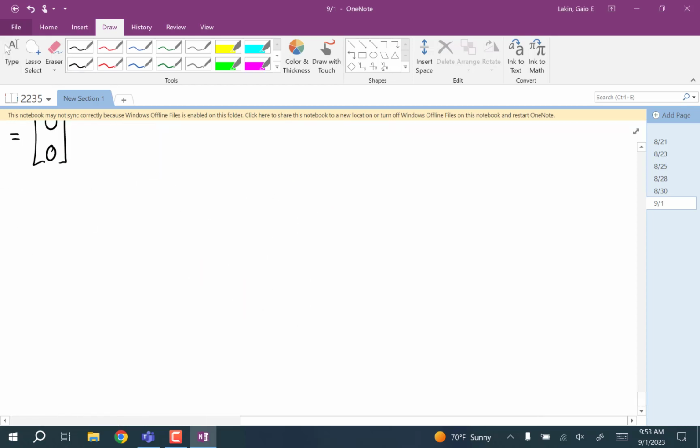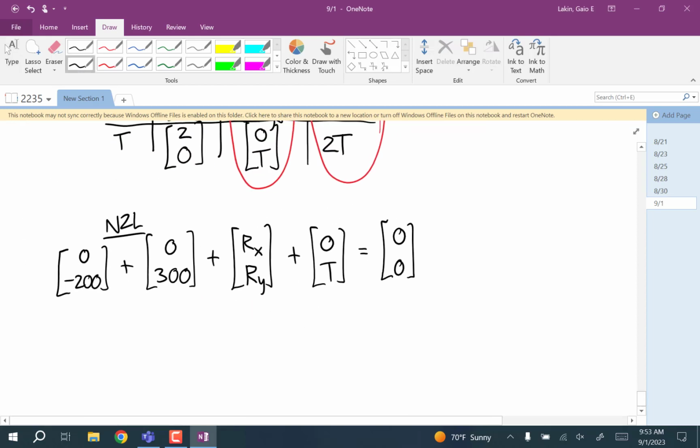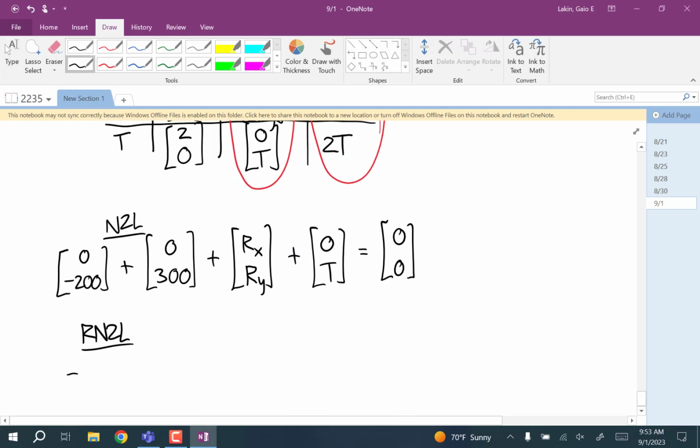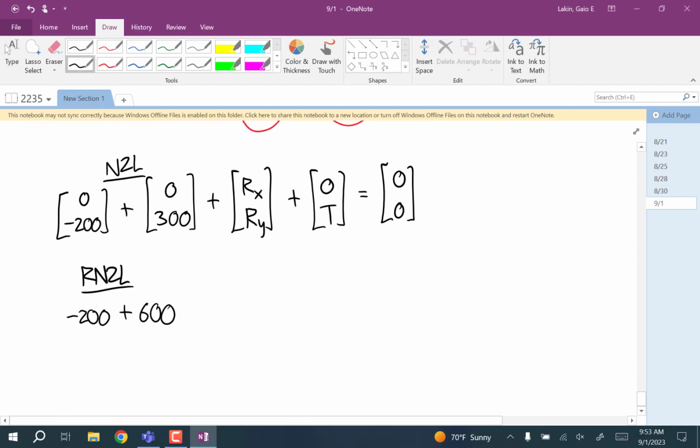And the moment equation, I'm going to call that rotational Newton's second law, RN2L. So that's negative 200 plus 600 plus 0 plus 2t equals 0. So this tells us that t is equal to